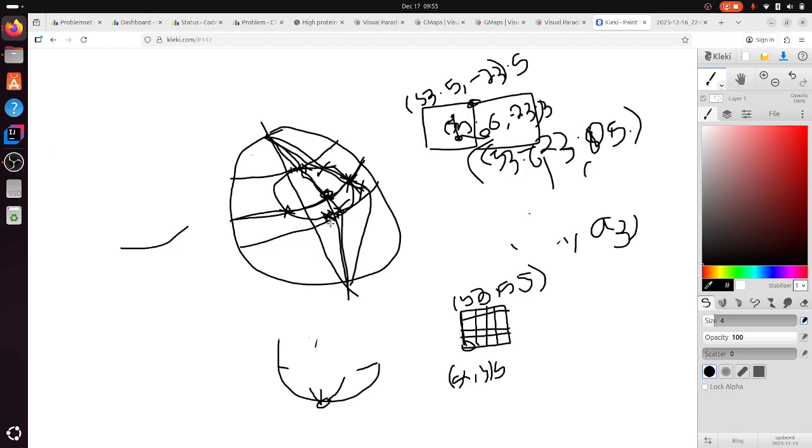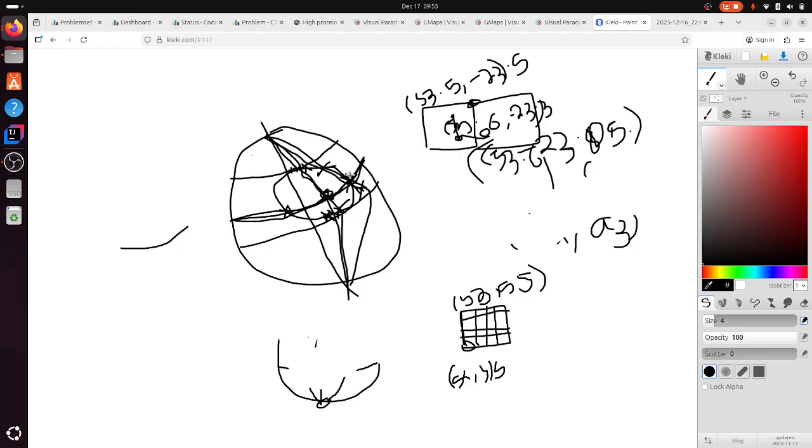This doesn't confirm that my road coordinate is inside this plot, but this gives me an idea that this might be inside the plot. To confirm actually, what we can do is we will draw a